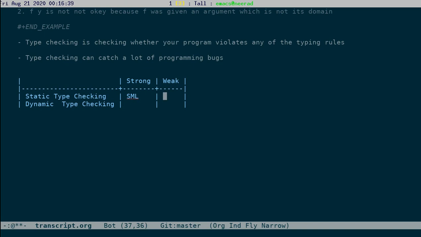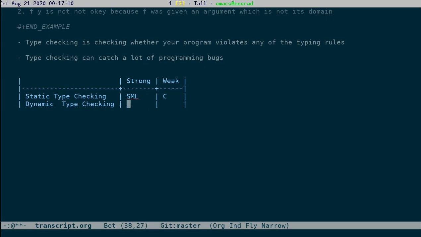What's an example of a language which has weak types, but the type checking is done at compile time? An example is C. As we saw, C is pretty loose with how it deals with types. For example, integers are automatically converted to reals, and we saw one of the problems with it. But nonetheless, there is a compilation phase where the type checks are done. At the run phase, no type checking is done.